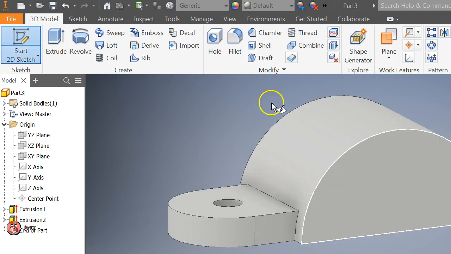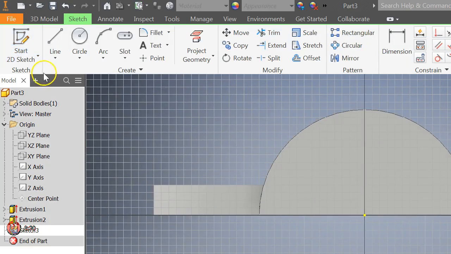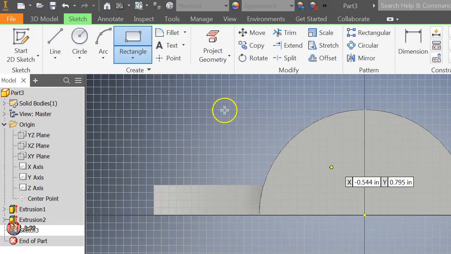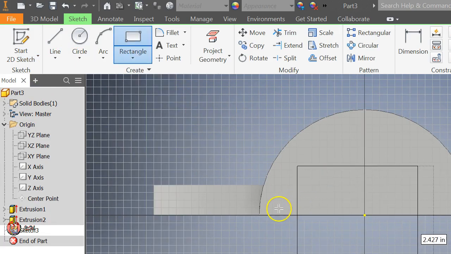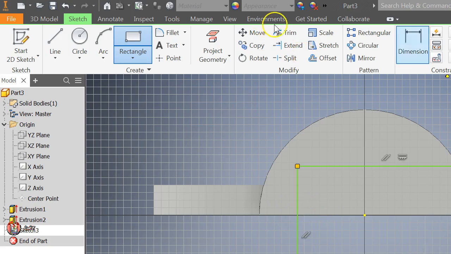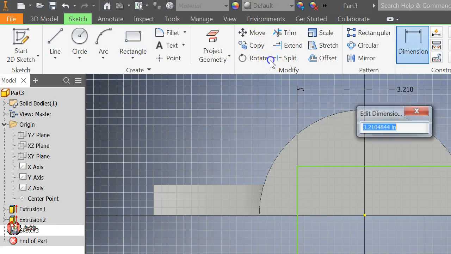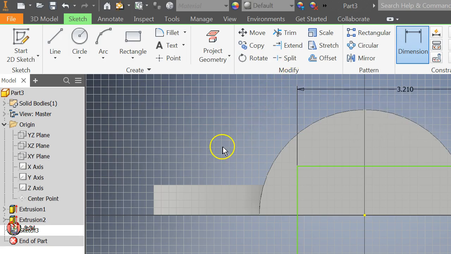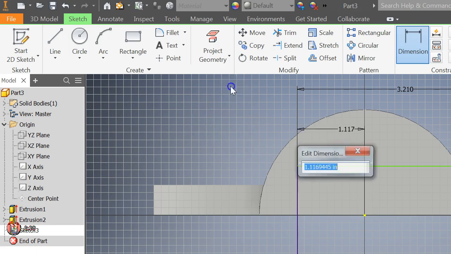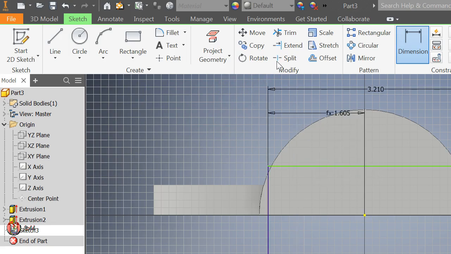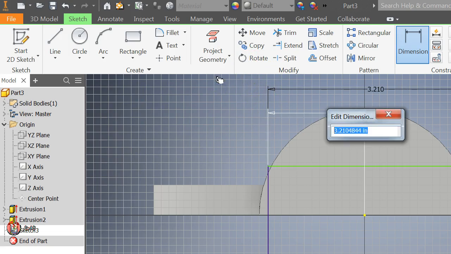Okay, I'm going to start a new sketch on this surface. I'm going to draw a rectangle. Just use 2-point rectangle. Fix it. The length here. Now, before I adjust that, I'm going to go ahead and put a center dimension in there. And I'm going to point to that dimension even though it's not correct and say divided by 2. And now when I adjust that dimension, I should keep my center,